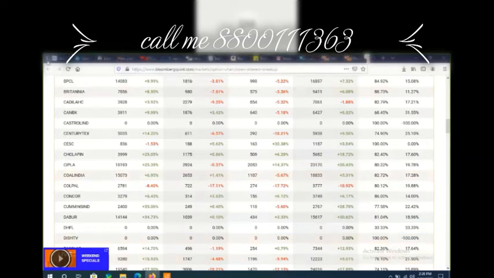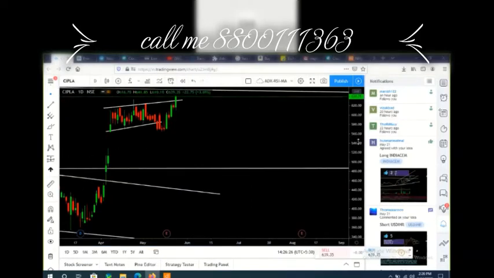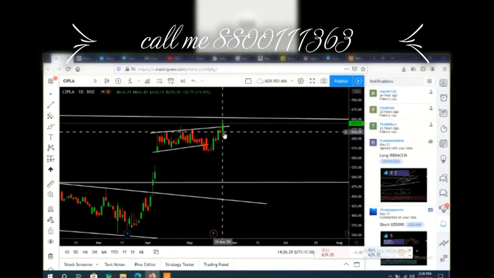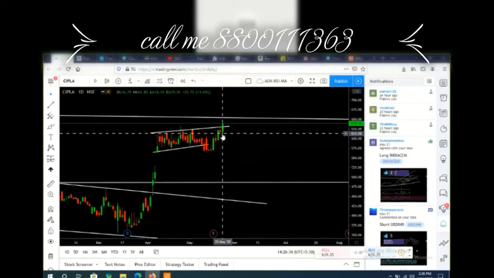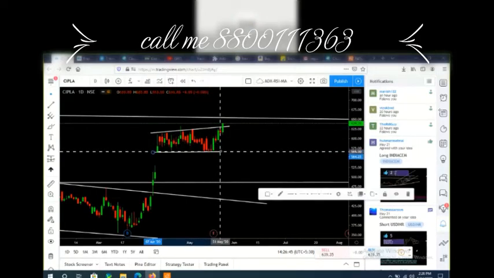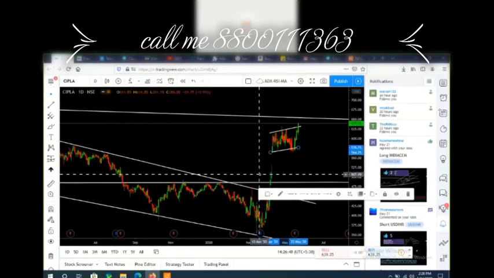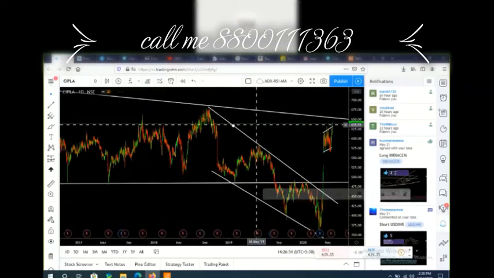Go to Cipla and see the chart. Oh my God, heavy put writers are there. And the put writers make this stop how much? 613 to 640. That means I am 100% sure this stock is going to make a new high. It is already at a 52 week high. So where will it reach? The target is around 675.